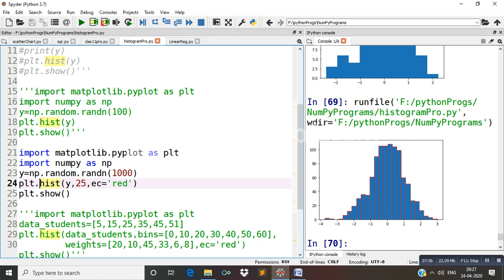It means there is no random value in this range. That's why this portion is blank. So some vertical portions may be blank if there is no value for that interval. Otherwise all the bars will be continuous. This is the main difference between bar chart and histogram.